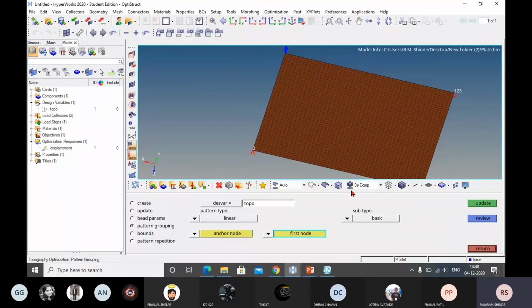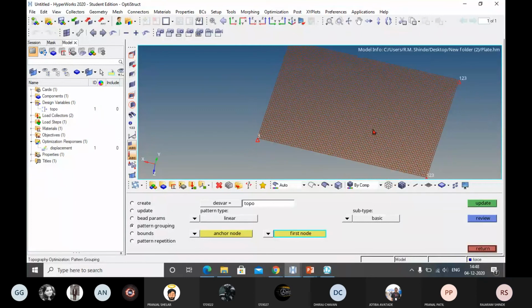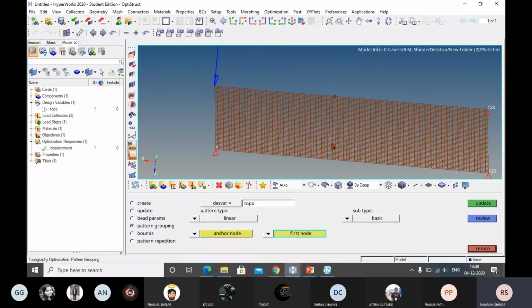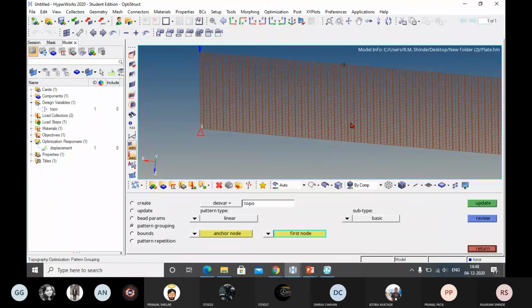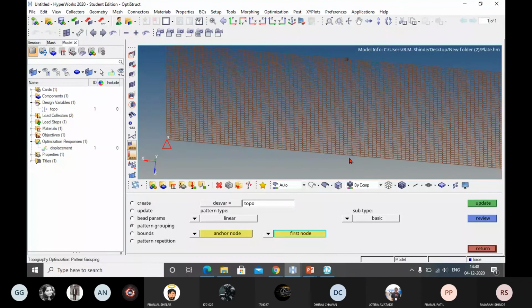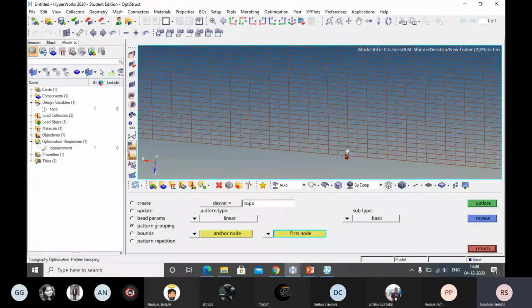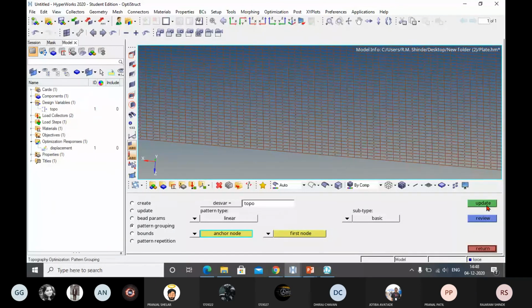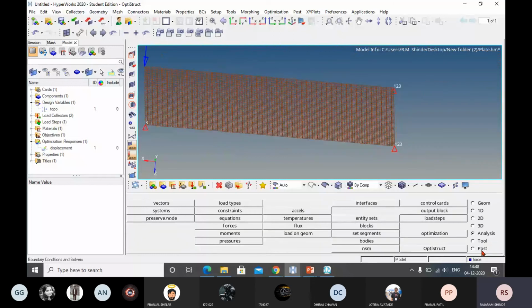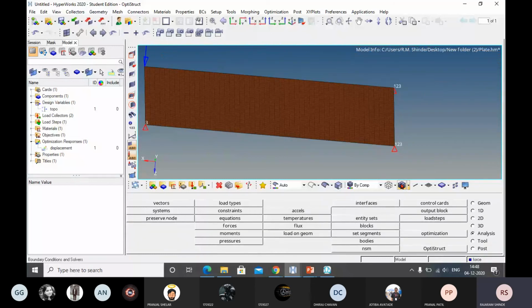I will make it in wireframe mode. Here, this node, no, not this node. Okay, and I will update it. Now I will return from here. I will make it in solid mode.